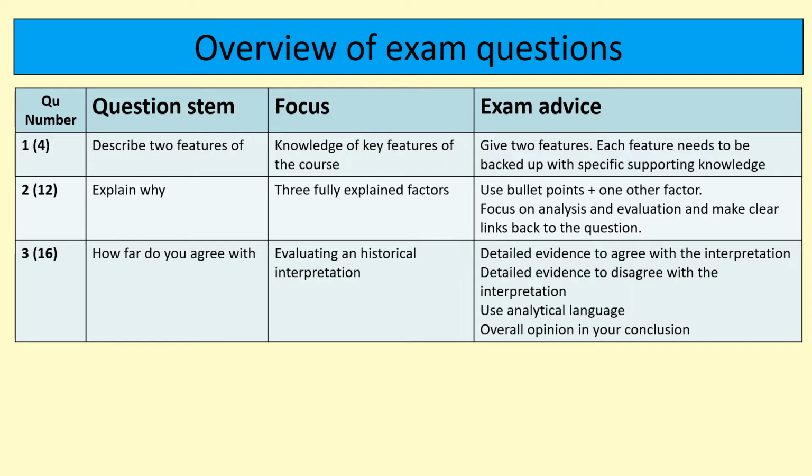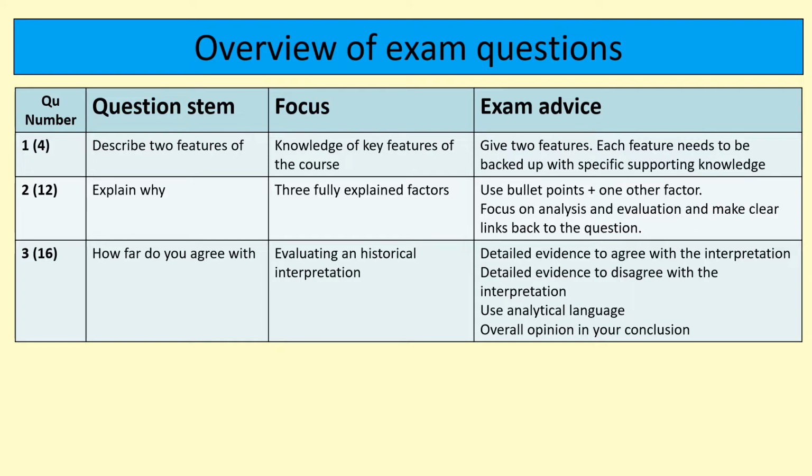Okay, so for the Anglo-Saxons and Normans course, you're going to be tackling 3 different questions, a 4-marker, a 12-marker and a 16-marker. So for the first question, describe 2 features. So this is just a knowledge question. So you need knowledge of key features of the course. You're going to give 2 features, and each feature that you describe, you're going to need to back that up